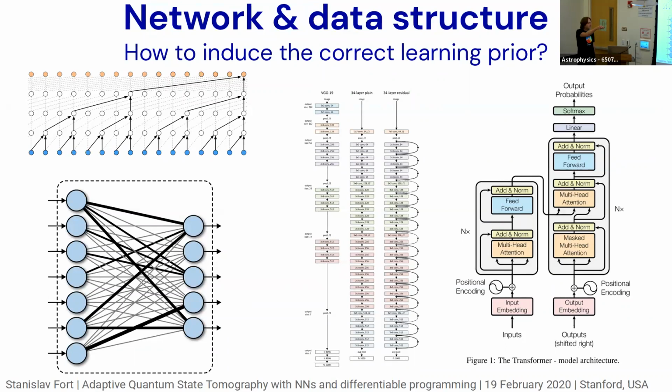And now this is a single unit from a neural network called the transformer. It's an architecture for natural language processing that actually is beating all the benchmarks these days in natural language as of this year. Extremely powerful. And that thing has a lot of structure in it. So actually there is a benefit from adding structure into your network that would narrow down the prior over the space of functions and allow you to learn more efficiently and better.